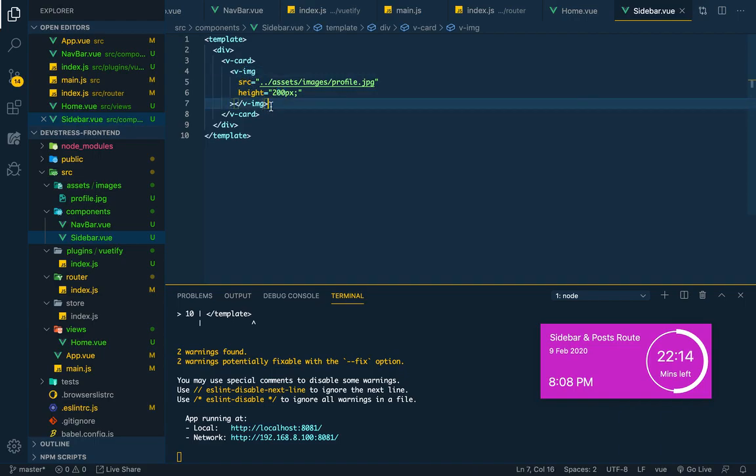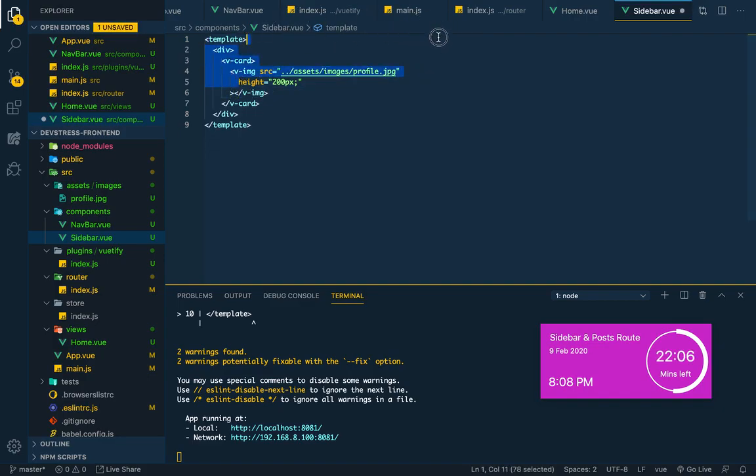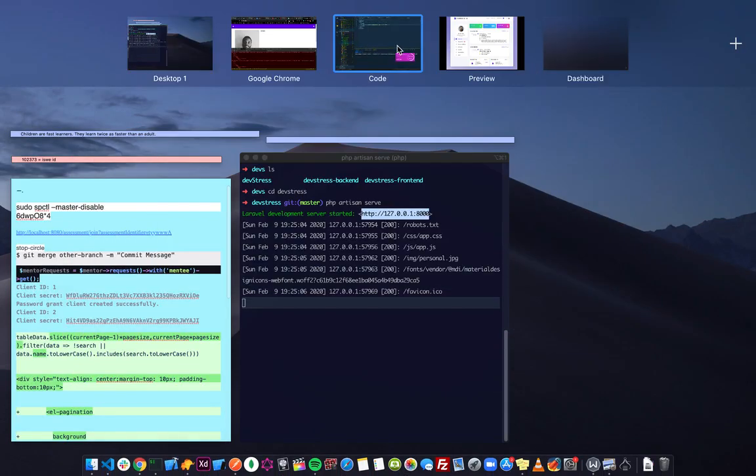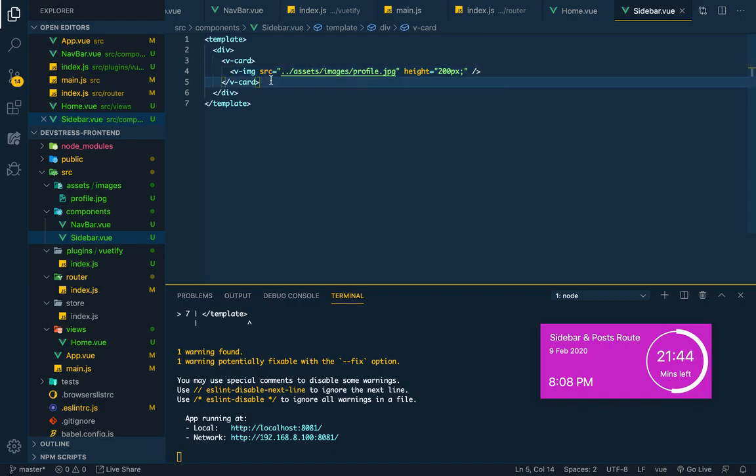And we have an image here, so we can now go. This thing is just taking up too much space. I don't like my development to be like that. We only have 20 minutes left. Oh my god. So let me check this out. Self-closing. That's the works. Yes, this is huge. I thought 200 pixels is going to keep the thing, so we have the card, and inside our card,